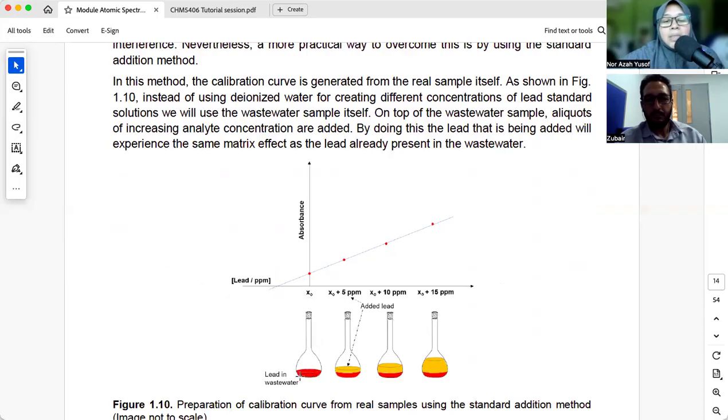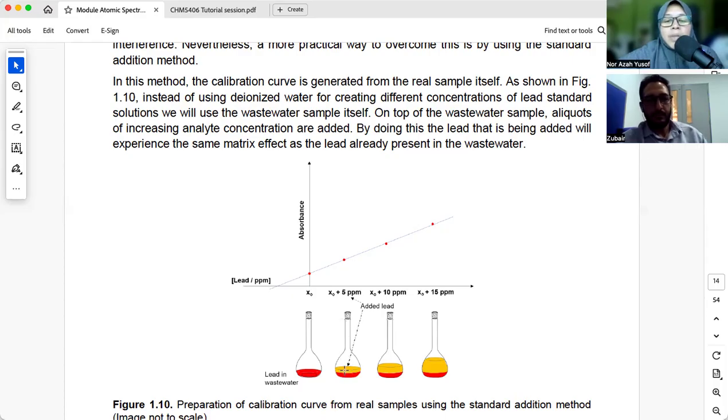So this is the coconut water. The red represents the coconut water. So we put a fixed amount of coconut water, which contains the matrix, in, let's say you want to do 4 readings. And then you can see all the volumetric flasks contain a similar amount of coconut water. So by adding, let's say you want to have 5 ppm of potassium, then the first